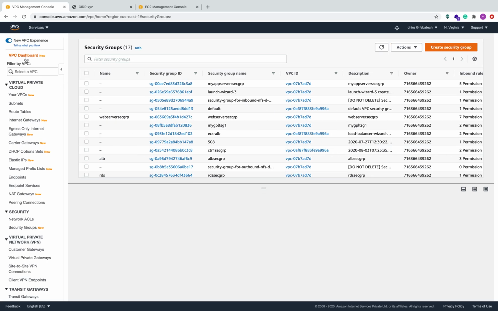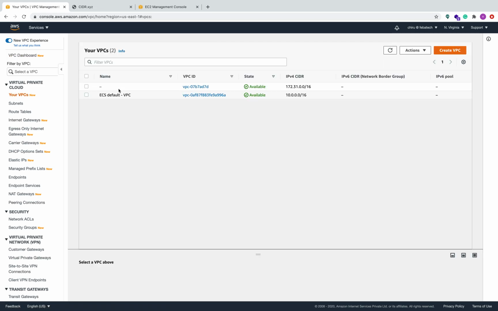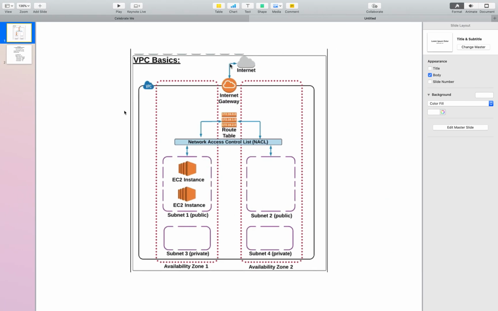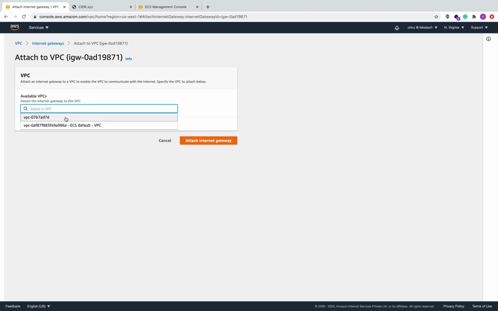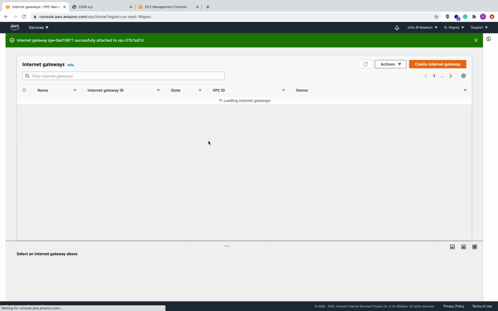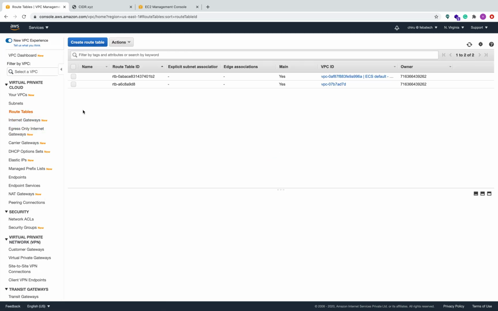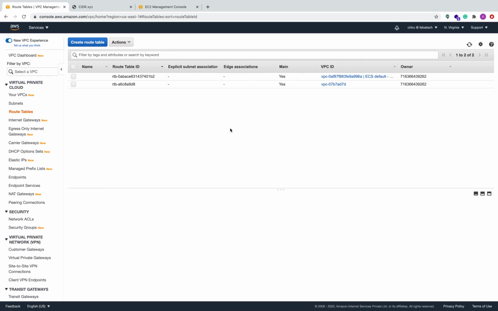So we have our VPC. First, we have to attach our internet gateway to this VPC, right? The internet gateway should be attached to this VPC. Let's do that. So I'm here attaching it to the VPC, and this is the VPC. So I attach the VPC. Next, go to the route table and connect it to the internet gateway, so that the internet gateway, VPC, and route table are all in connection.